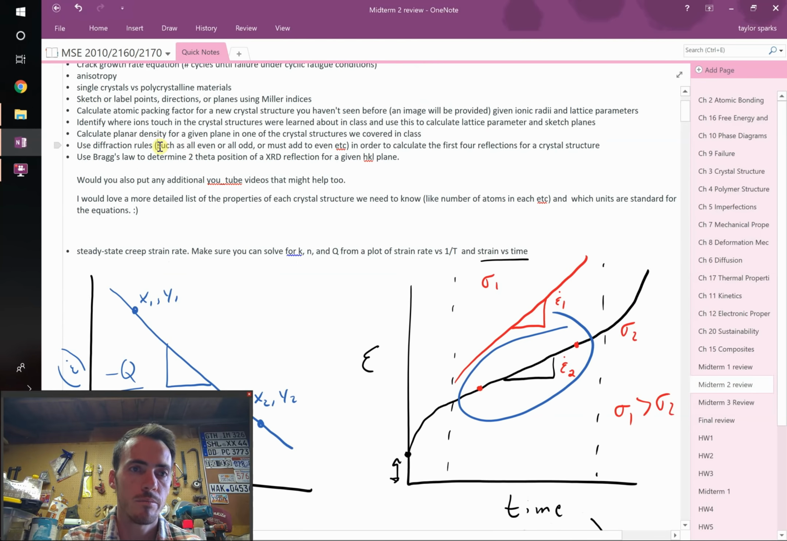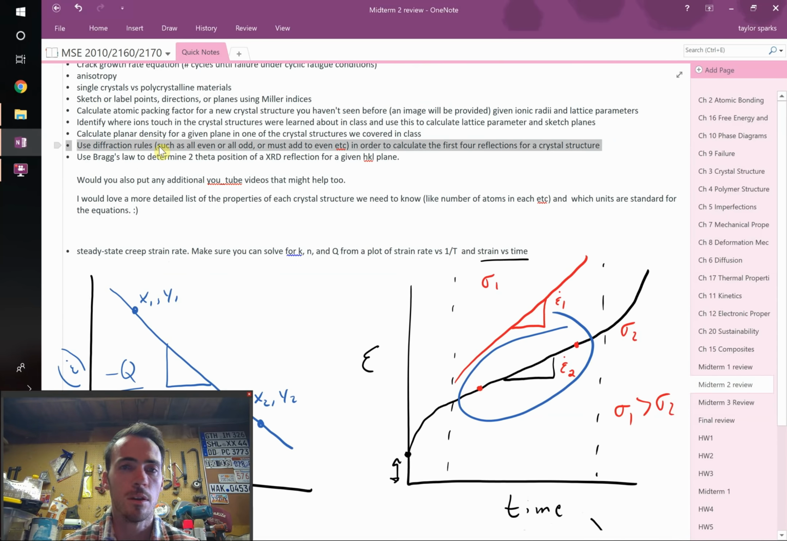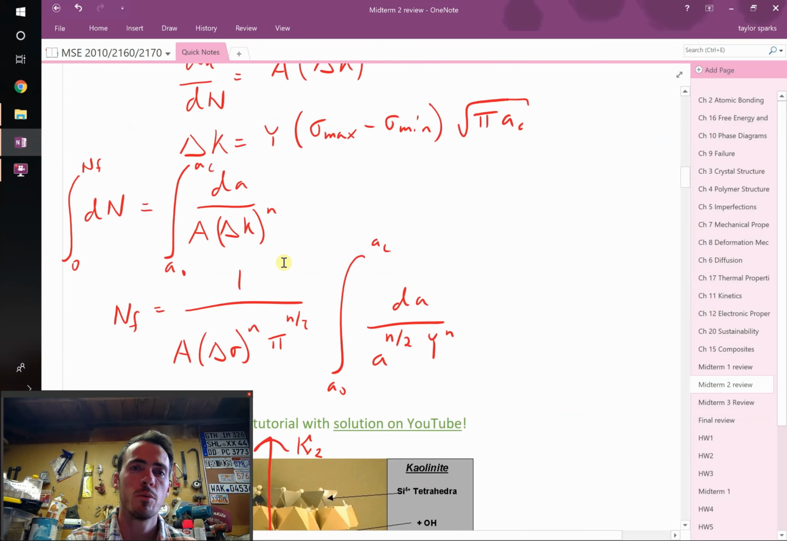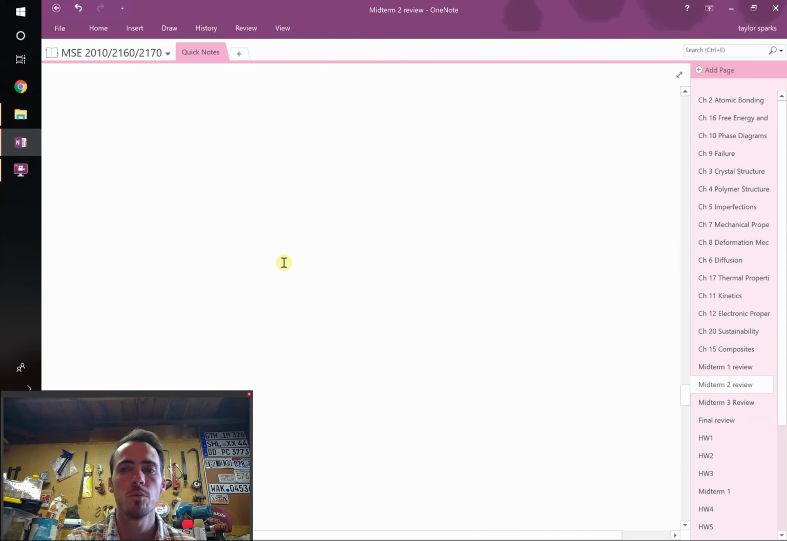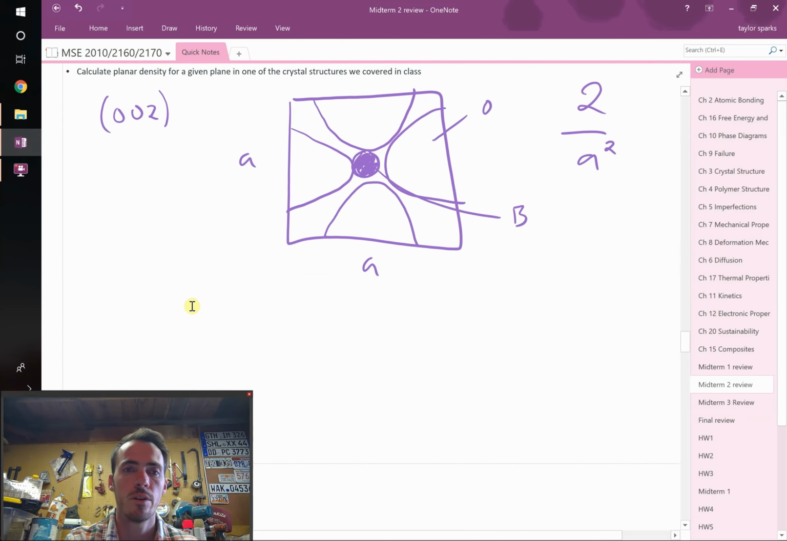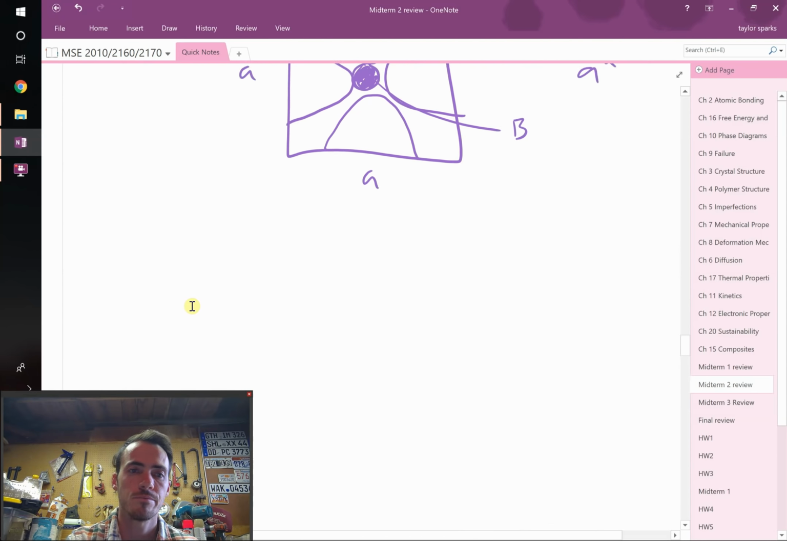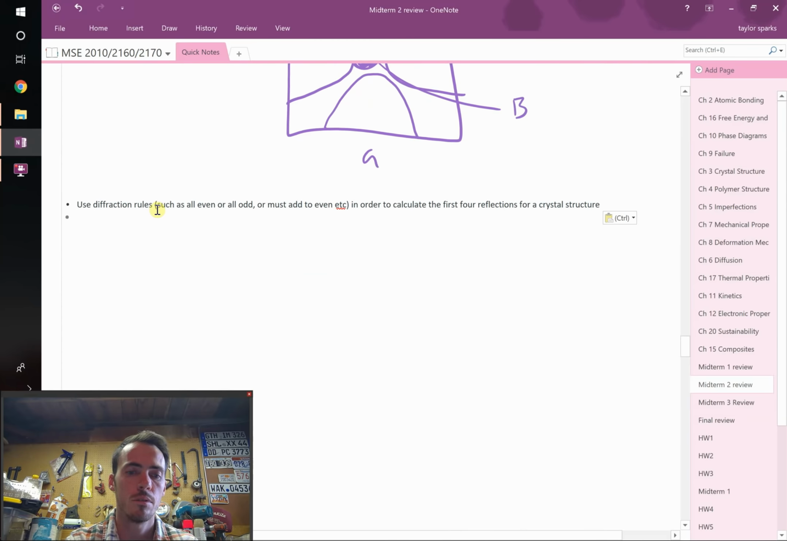Okay, use diffraction rules such as all even or all odd, or that they must add up to even, or whatever the case may be, in order to calculate the first 4 reflections of a crystal structure. I think we can do this because we did an example of it in class, and we'll do another one right here. But here's how you go about it. Give ourselves some room. Okay. All right, when you do this,